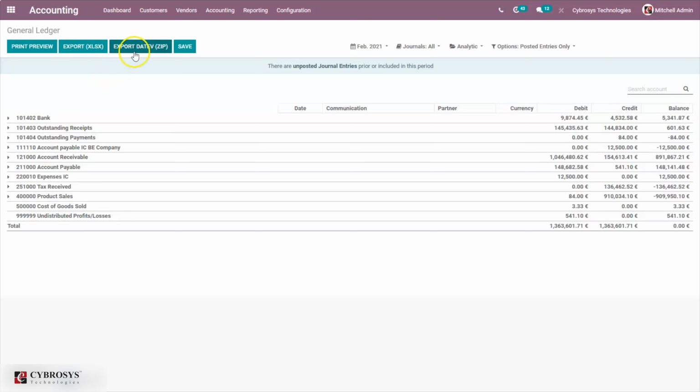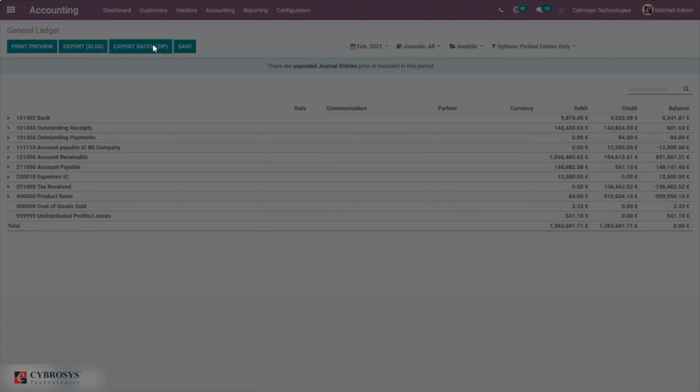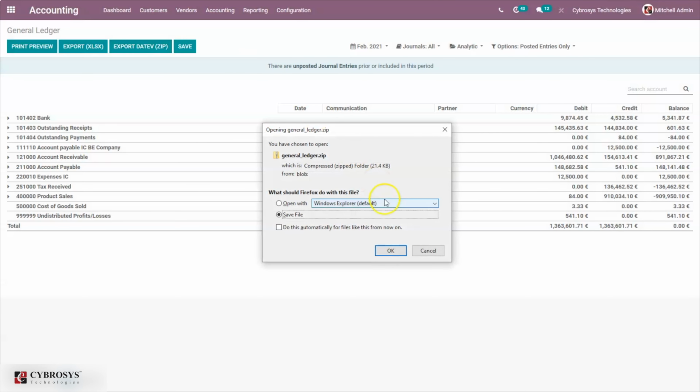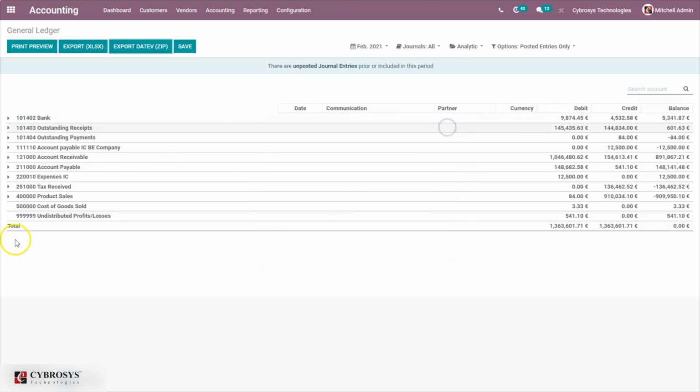Okay, so you can click on this option, export DATEV, to export the details into zip format. So here we can save this data as a general ledger report in a zip format, in a compressed format.